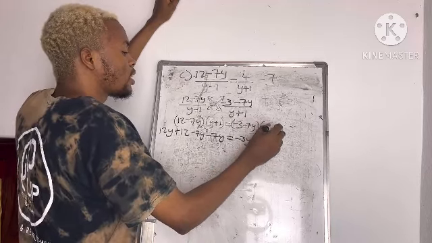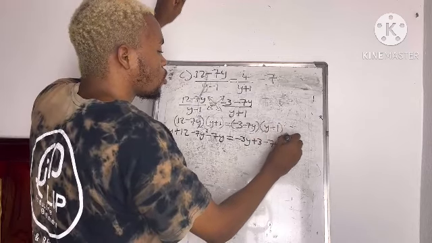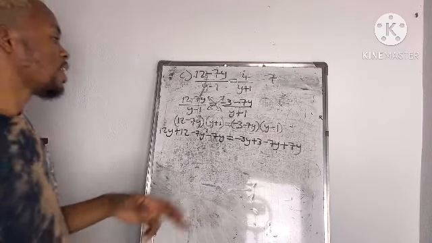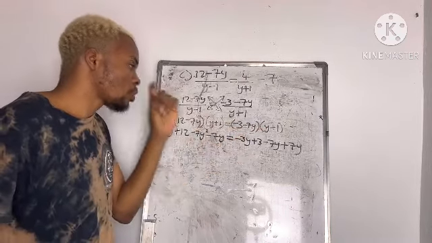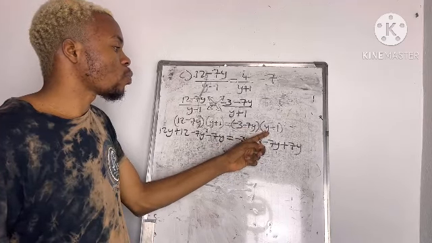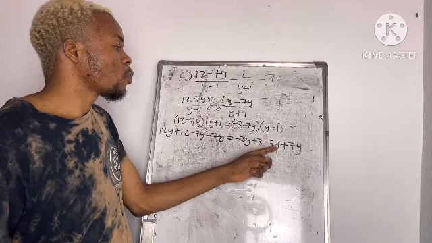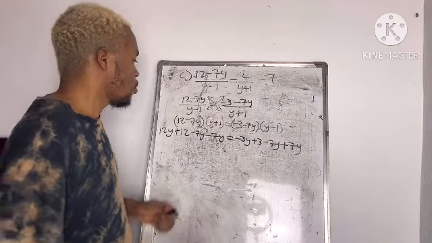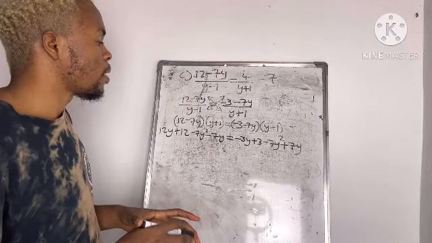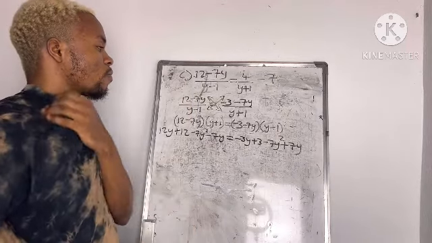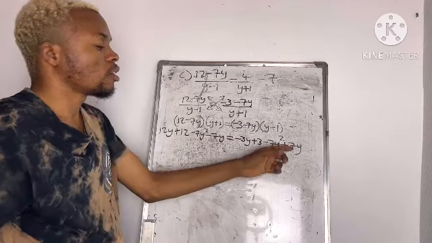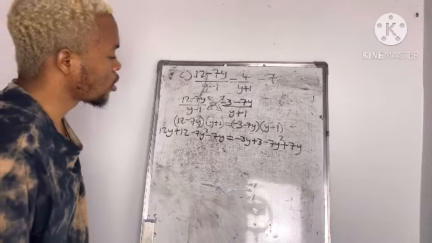And minus 7y times minus 1, you have plus 7y. Okay,